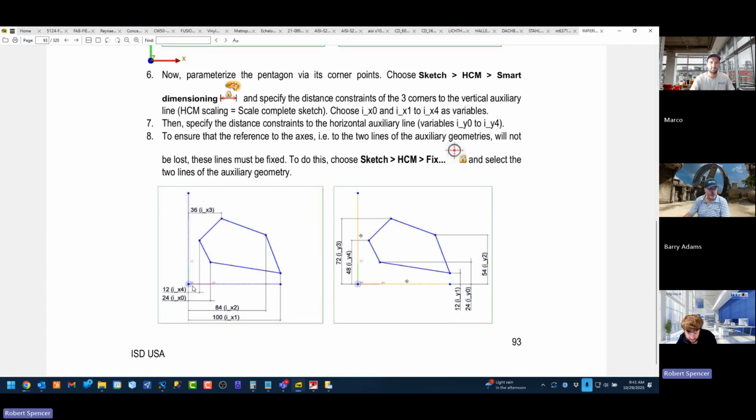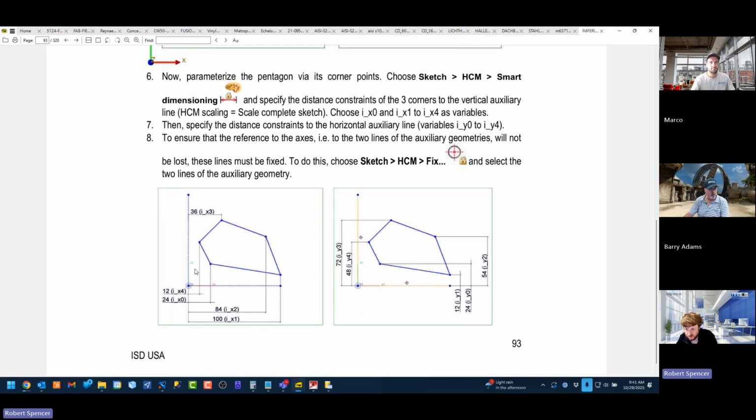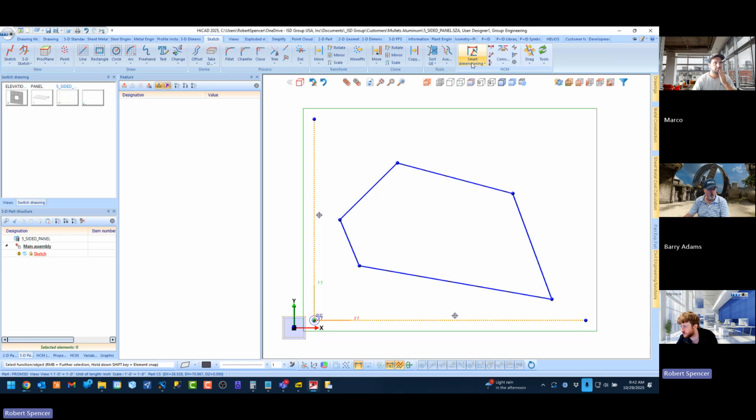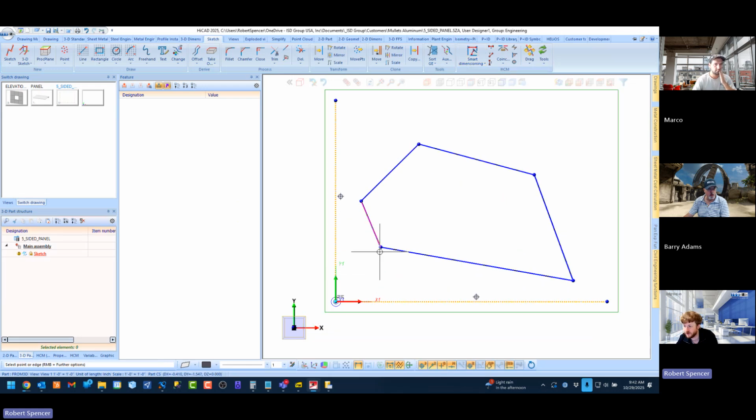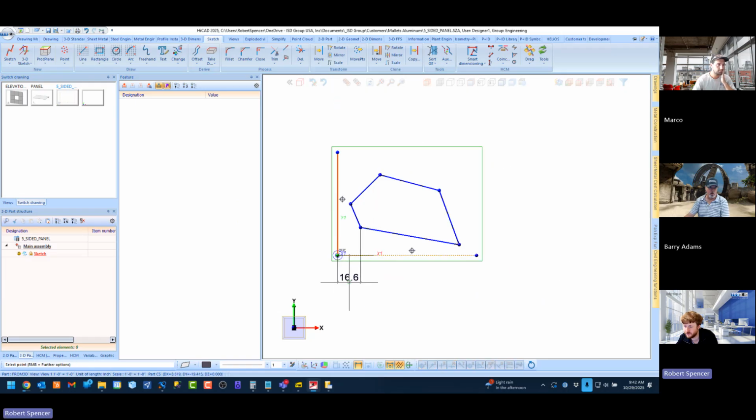Okay, so we're going to start creating these constraints. First we're going to do the x's. We're going to start at ix0, and we're going to relate that from this point to this line, and then we'll do the next one, and so on and so forth. So let's look at the first one. I'm going to say smart dimension. I'm going to say this point to this line,